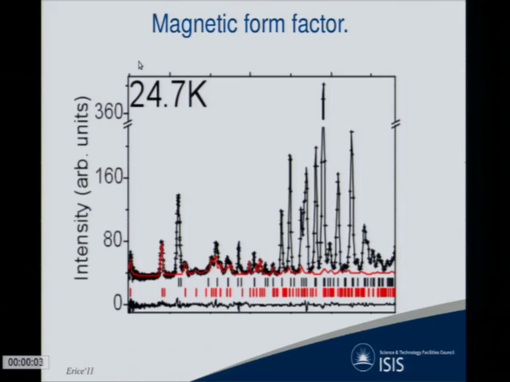I want to illustrate that in this particular example. This is one of the systems, again, this doesn't show, I don't know why. So this is typically a Q of 4 or 4.5, and this is probably something around 0.3 or something like that. So you can see this is the neutron diffraction pattern. The black line is the total scattering, so nuclear plus magnetic, and the red line is purely magnetic, which I've highlighted in this color. So you can see that as you go to high Q, there's almost no scattering left, okay? Which means that we have very little information usually